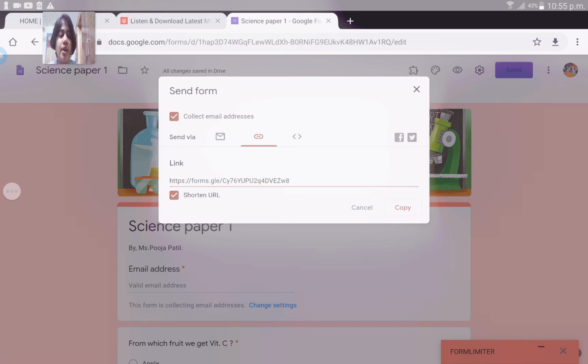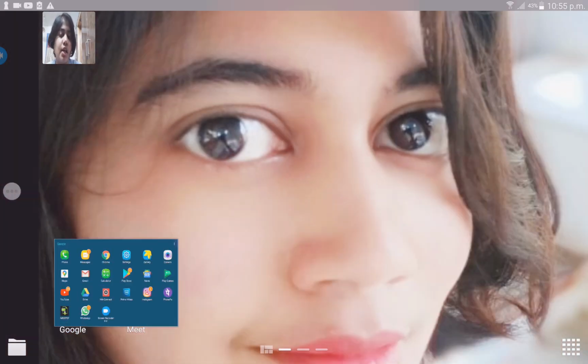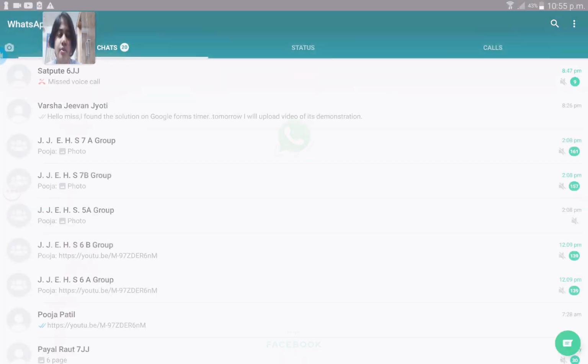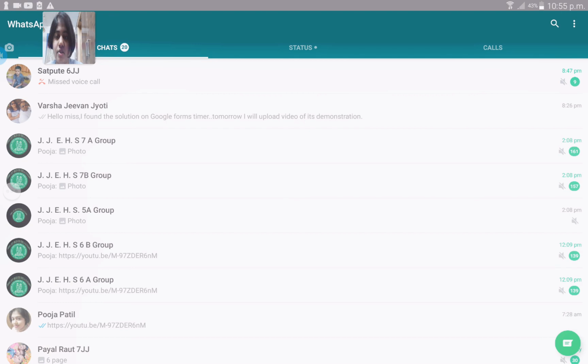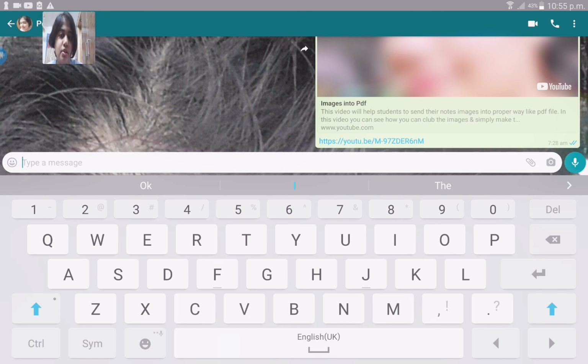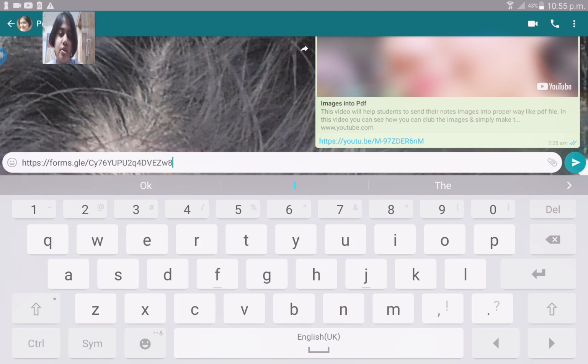If I copy it and go to my WhatsApp app, I will select my WhatsApp number. Now see what will happen. I am going to paste it over here.